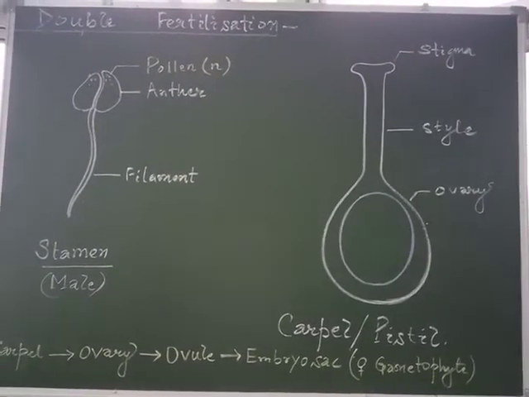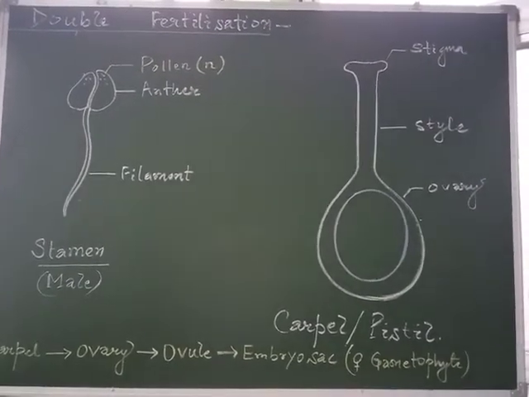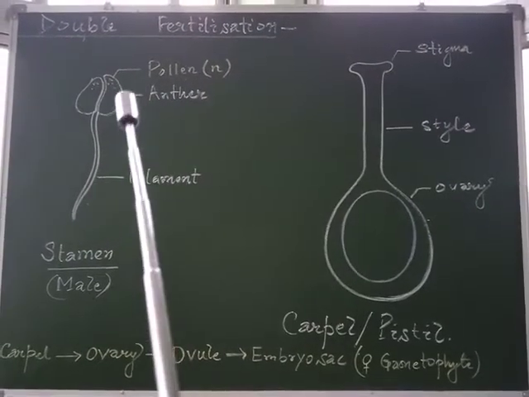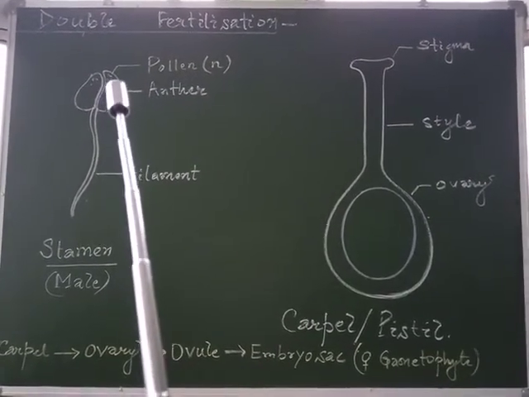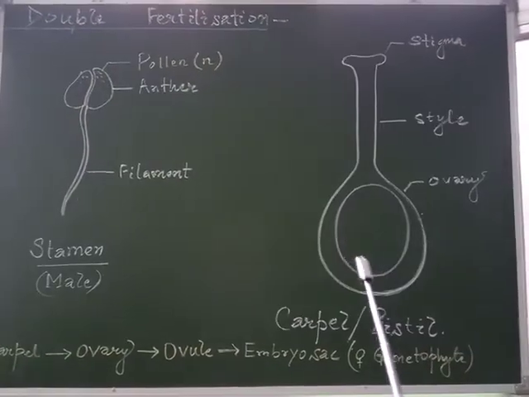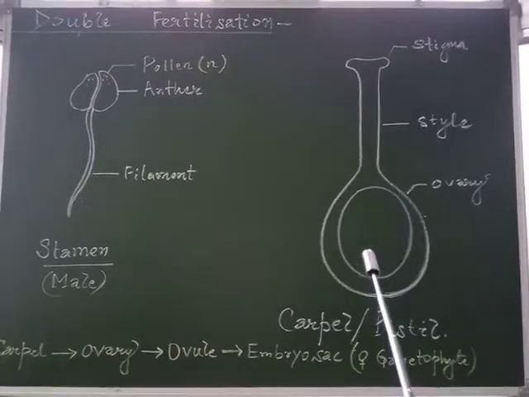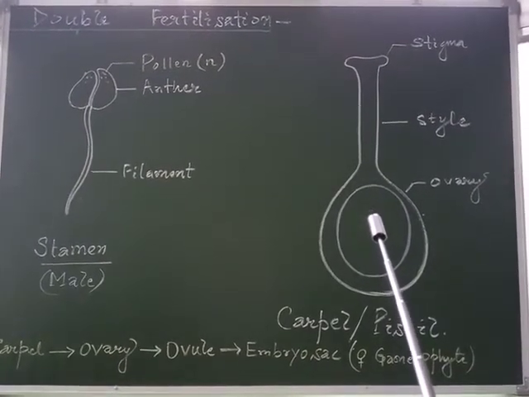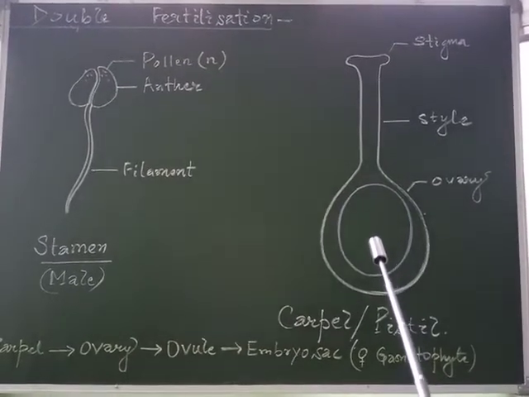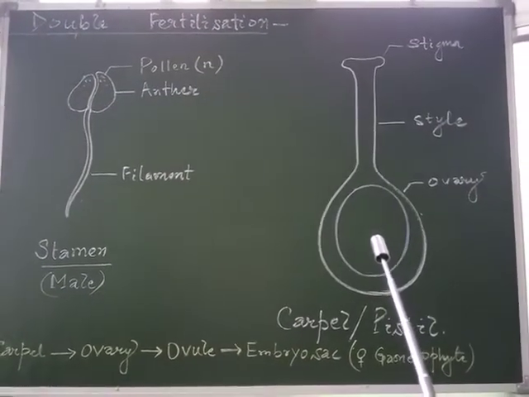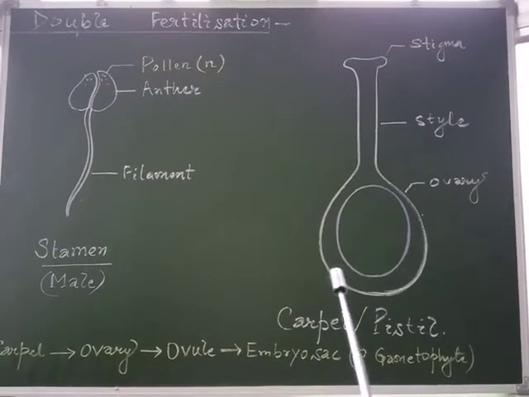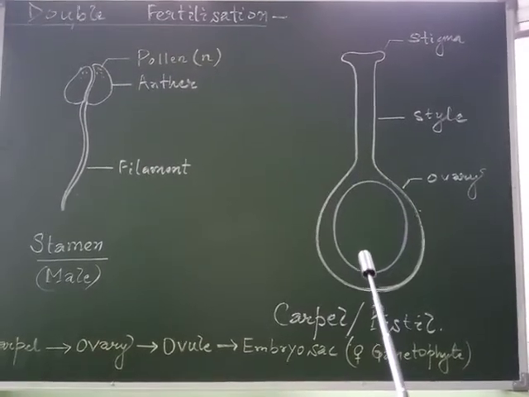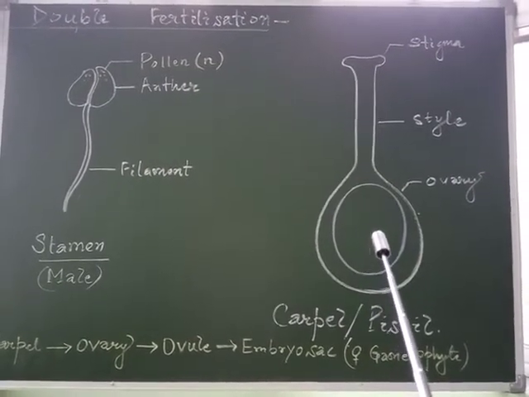As we know, in sexual reproduction there should be fusion of the male gamete with the female gamete. So the pollen, the male gamete, has to fuse with the female gamete present within the ovule, and then the fertilization gets completed and the embryo develops. So we will understand what the different cell components within the embryo sac are.